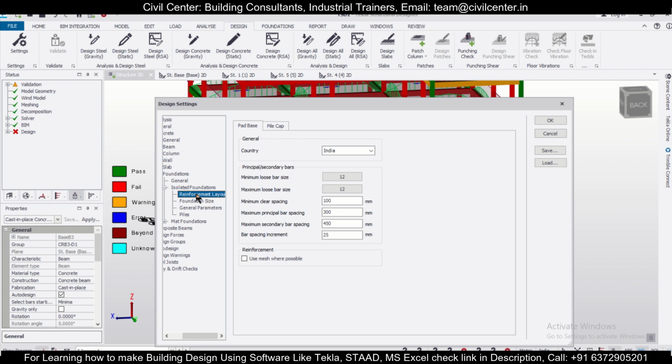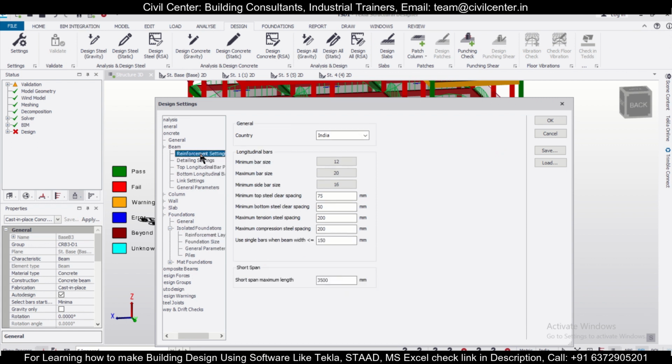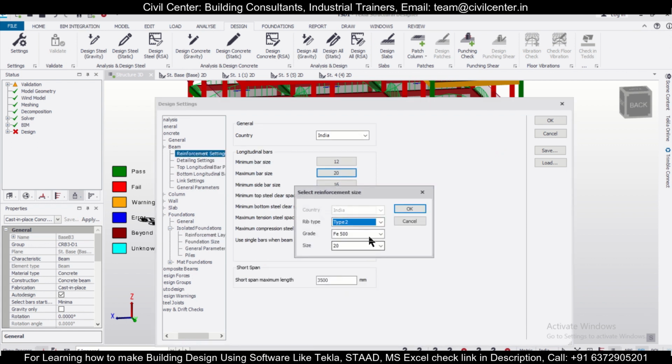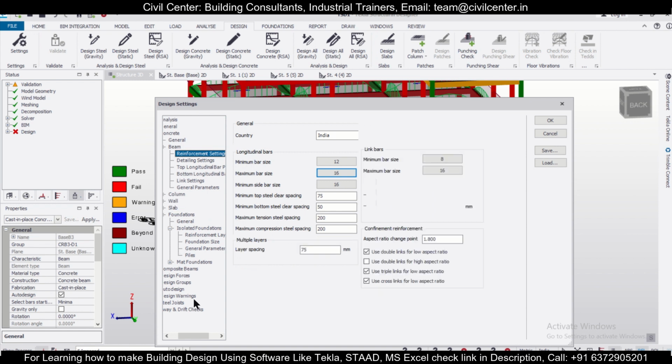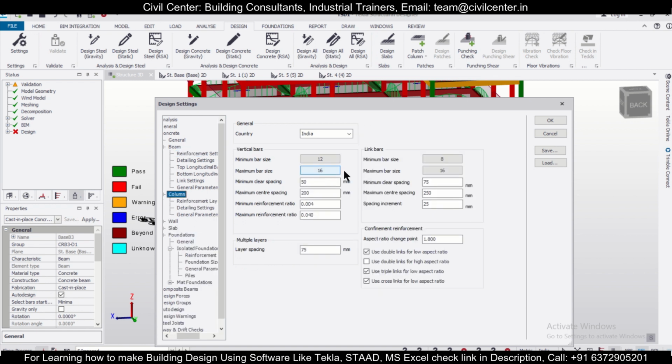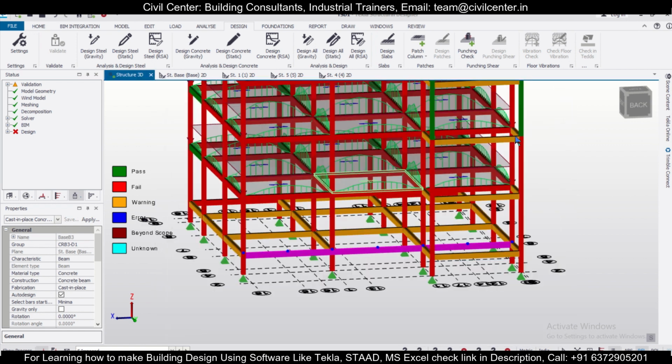For the footings it's okay, and for the beams reinforcement we're going to use a maximum of 16 mm bars here, and for the columns also we're going to use 16 mm bars maximum here, and we'll just okay with this. Link bar spacing we can reduce, and then okay.